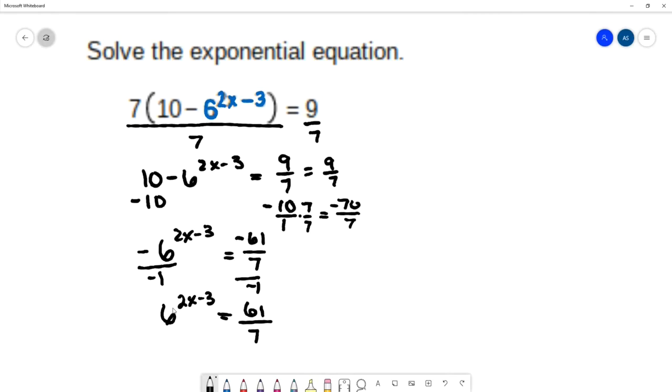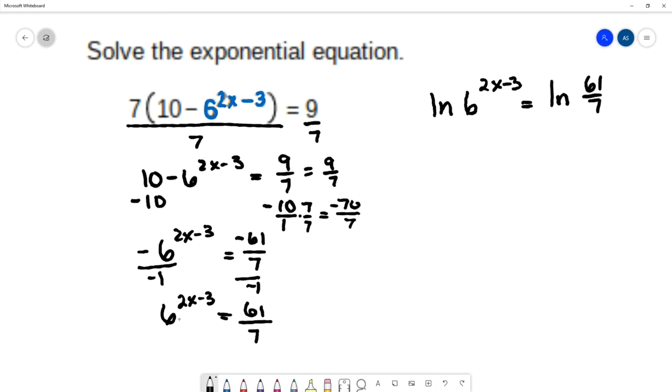I have 3 typical methods, making the bases the same, and I can't do that in this example. Or I can take the log of both sides, or I can convert it to a log. I'm going to take the natural log of both sides. So I do the natural log on the left. I get natural log of 6 to the 2x minus 3 equals natural log